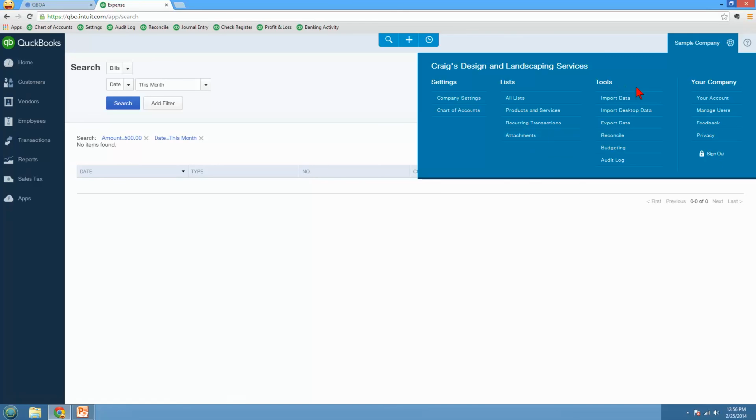And then over here's tools. If you want to import your lists, your customers, your products or services, your chart of accounts, if you want to import the desktop data, reconciling, the bank reconcile, you can do that right from here. Budgeting. Audit log is awesome. I'm going to show you that in just one second, but let me also point out over here,